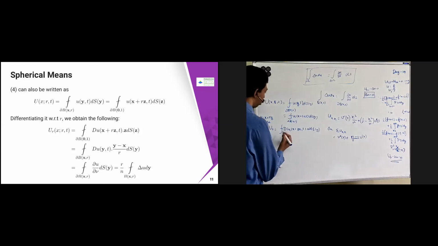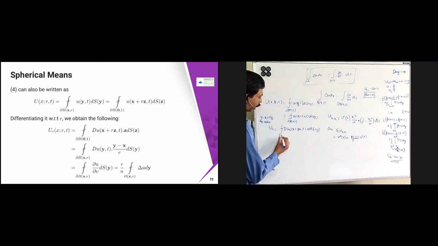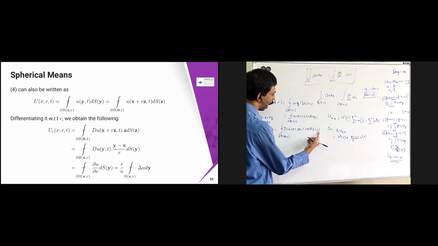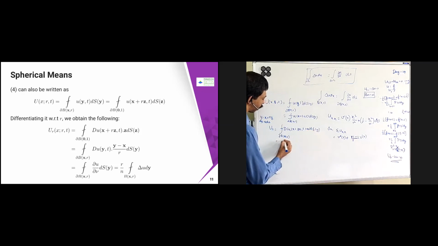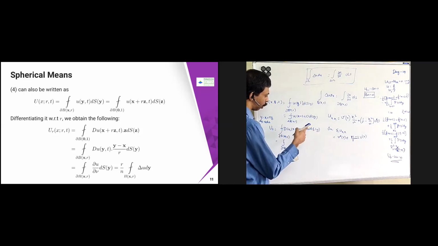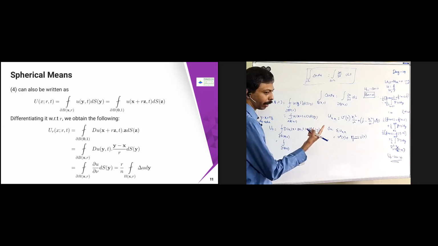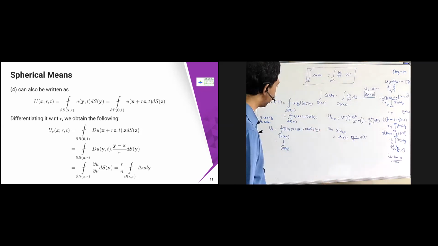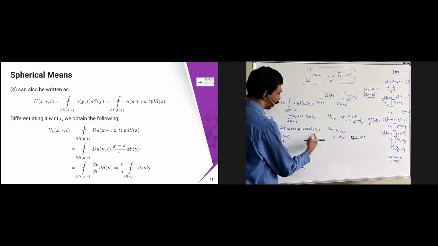Maybe I should just elaborate a little bit. X comma r here, so r is going to come. If I put this r inside, then I can rewrite this as dou B of 0, 1. What is the relation between dou B of 0, 1 and dou B of this one? I have to multiply by something with r to the power n. You have to multiply by r in this case. Plus I have already s, y.